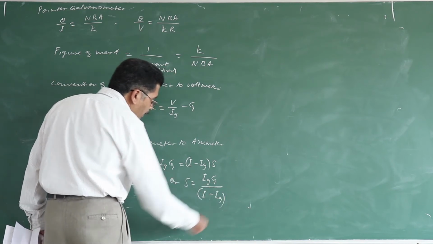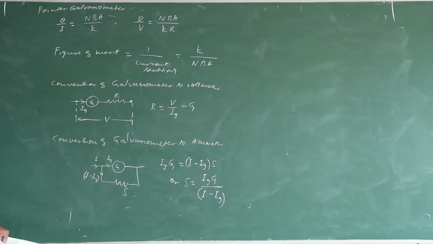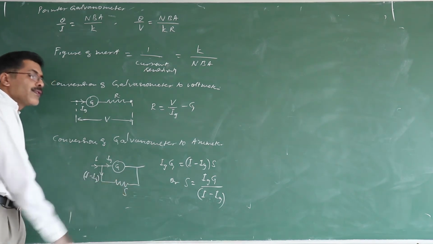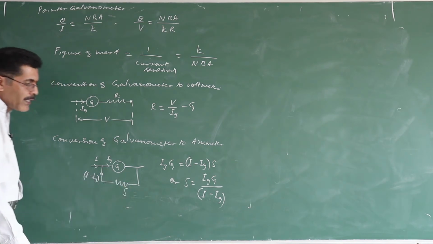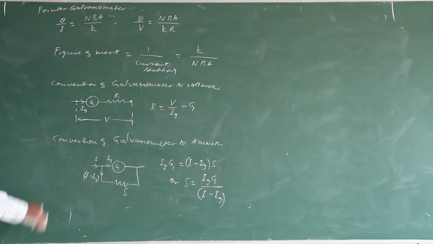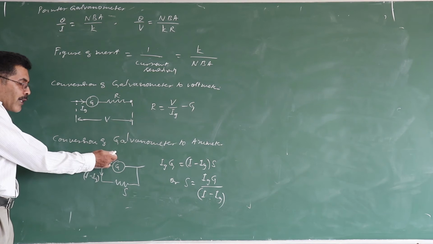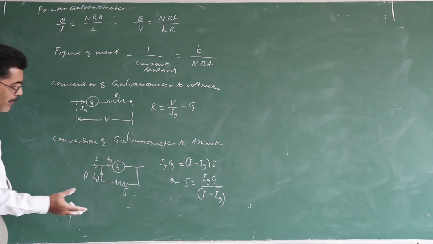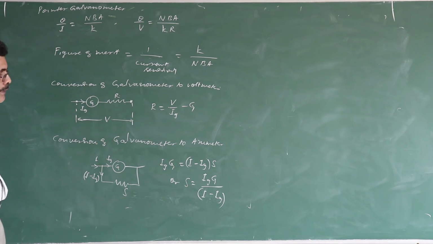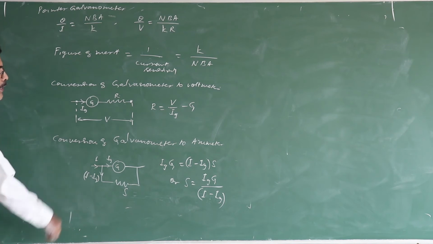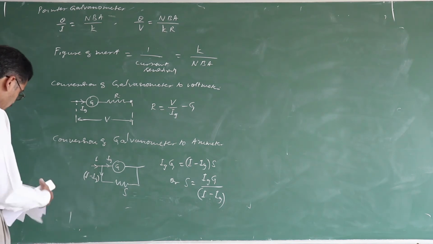Therefore, if you want to increase the range of the ammeter, you must change the value of shunt. Only by varying the shunt can you either increase or decrease the range of the given ammeter. When you convert galvanometer to ammeter, its range can be varied only by varying the shunt resistance, not by any series resistance. So, knowing all this, let us consider a few important problems related to this.